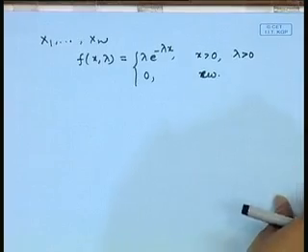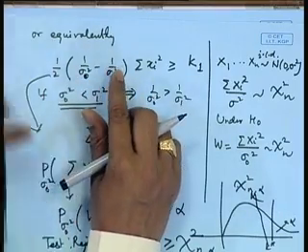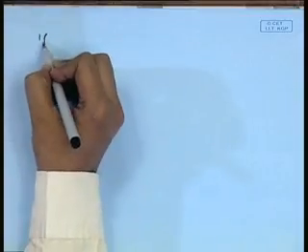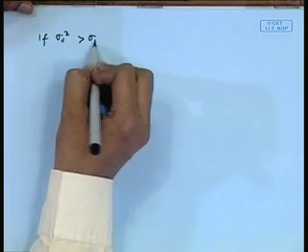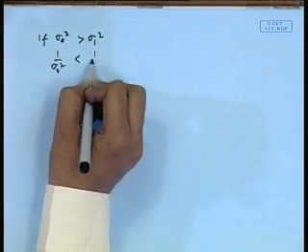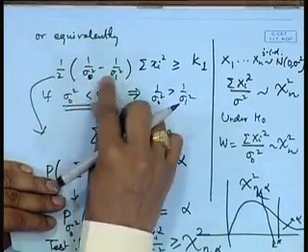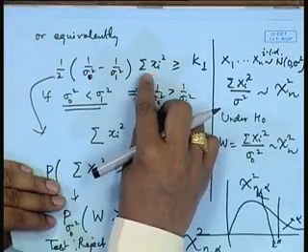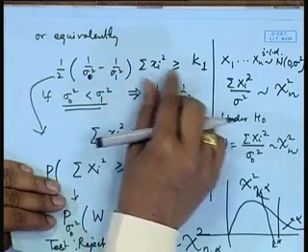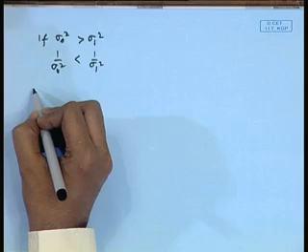Before I discuss this example, let me take the other case also, where sigma naught square may be greater than sigma 1 square. Then let us see how we are distinguishing. If sigma naught square was greater than sigma 1 square, then 1 by sigma naught square is becoming less than 1 by sigma 1 square. Now, if you see here, this value will become negative. Therefore, if I divide by that value, the region is becoming reverse. So, we are getting the region as,